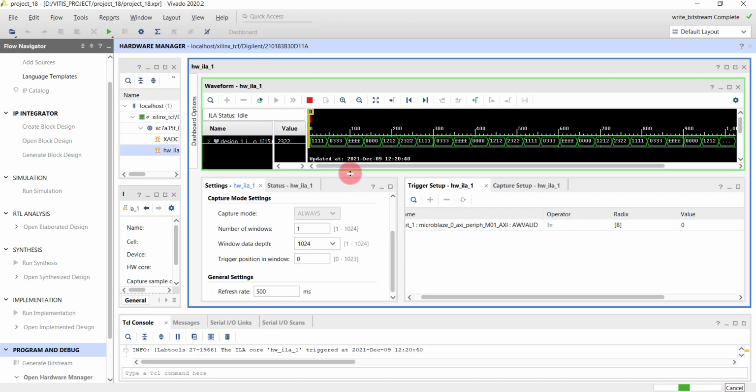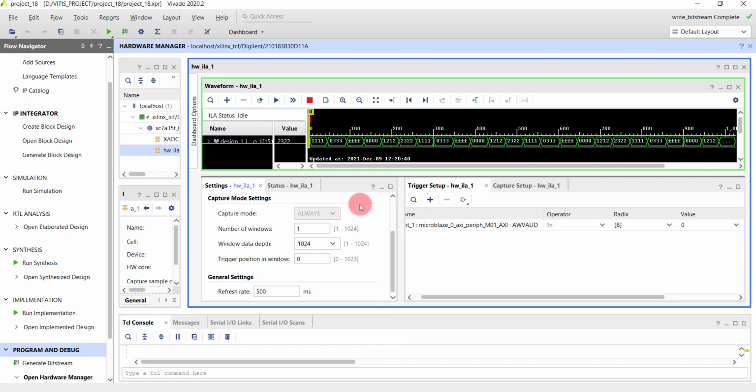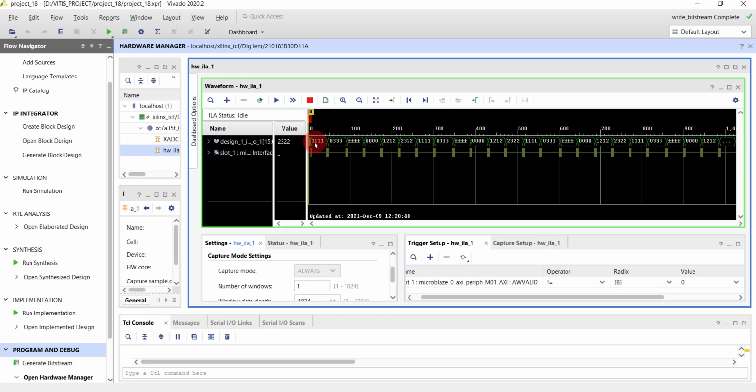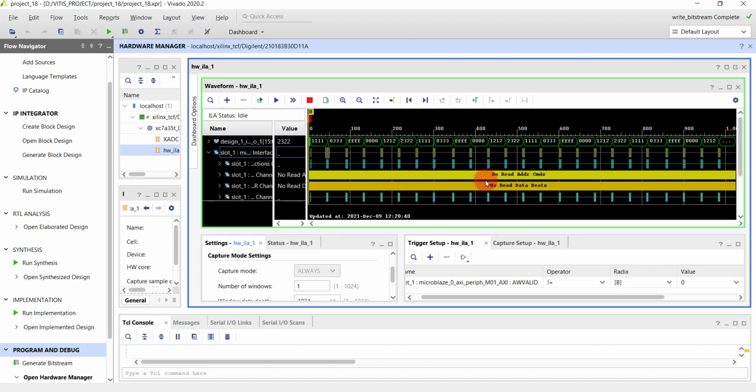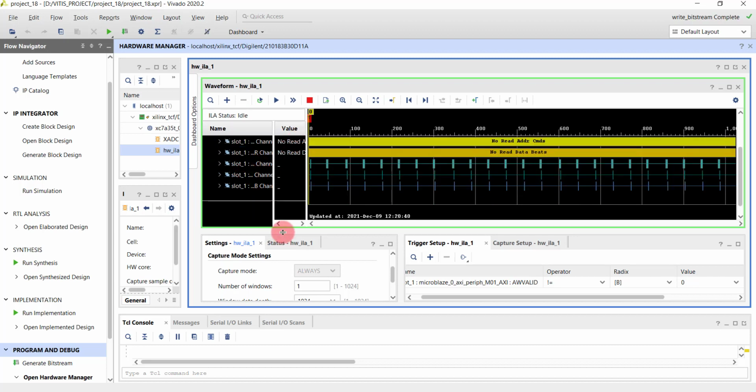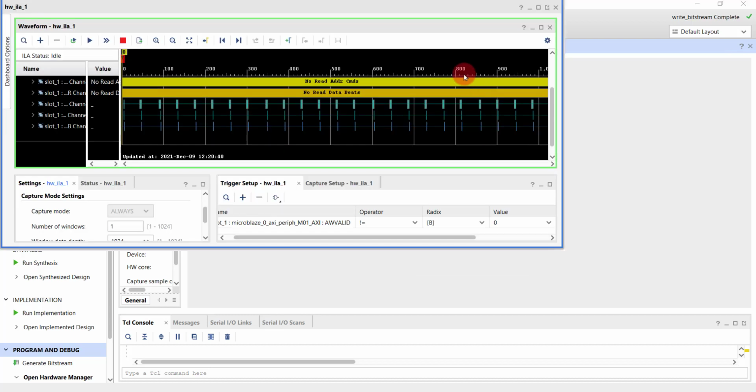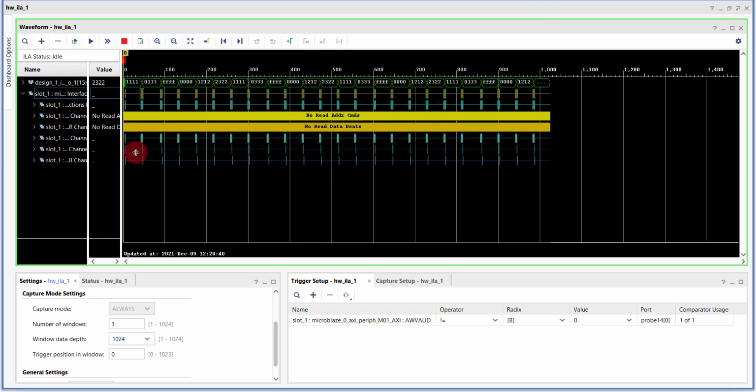Since our application is running, you could see that we automatically start to receive transactions. If you zoom in a bit, we are writing data to a GPIO, so no read transactions are observed over here. If you bring this window back, we could clearly see that we have a write transaction available.